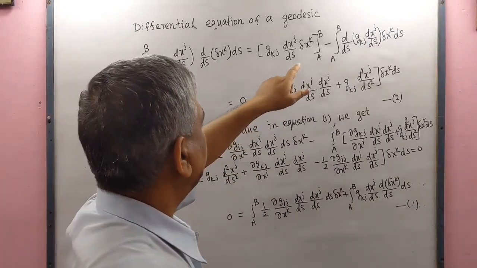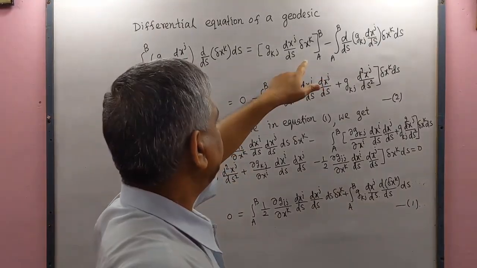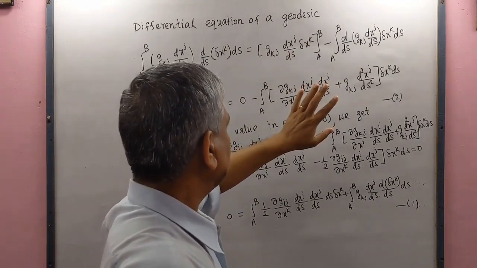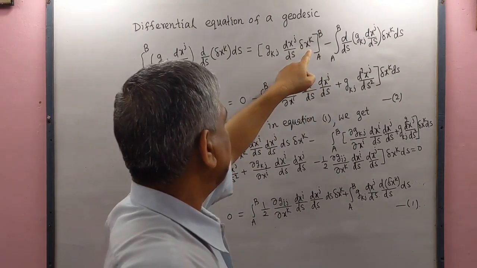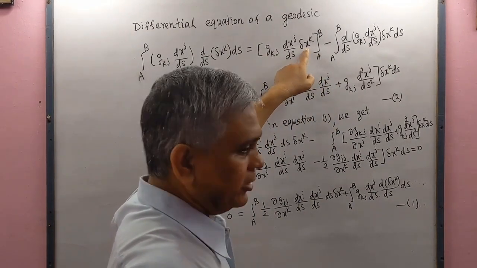As by the definition of the geodesic curve, endpoints are fixed, so the change in coordinates at the endpoints